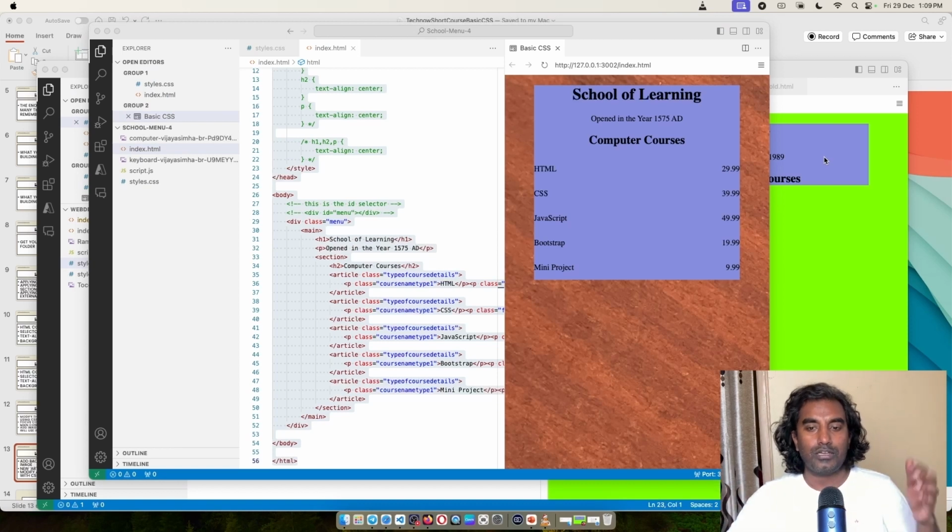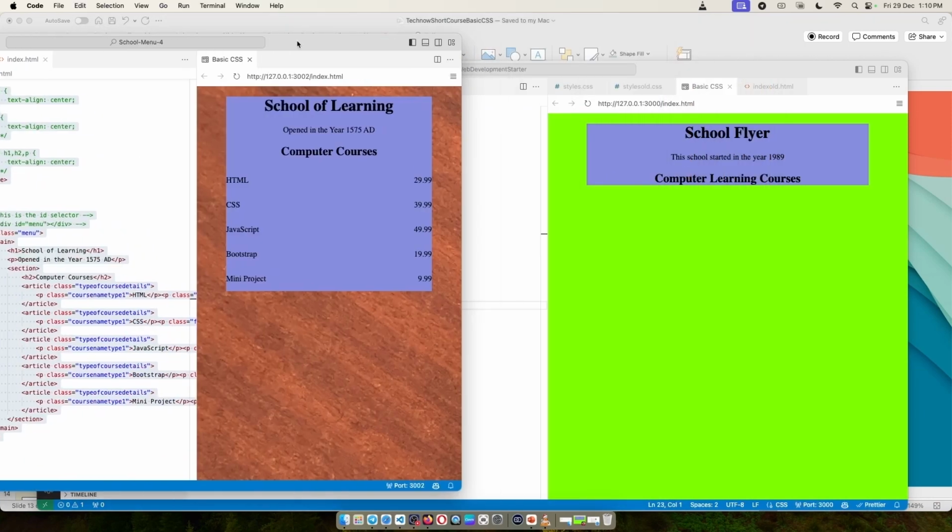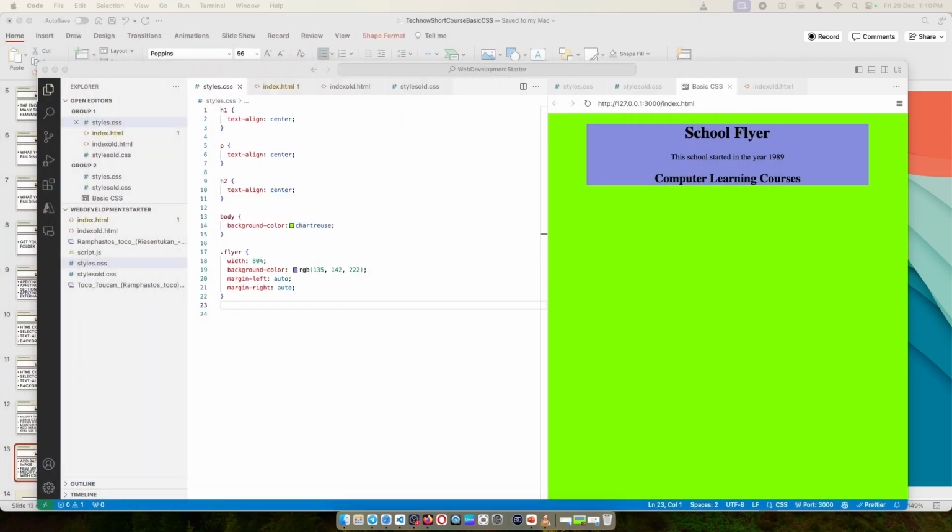As I mentioned in the PowerPoint, you learn how to put a background image, add some items, and build out a flyer with a list of items. Here I'm trying to do a list of courses that an imaginary school might be offering to its students. So let me quickly remove myself from the screen, and I'm going to put my final code on my other monitor. As I keep saying, hopefully you have a second monitor with you. So first step, let's go.